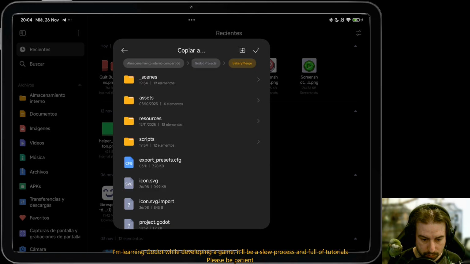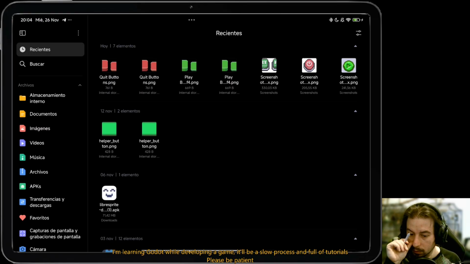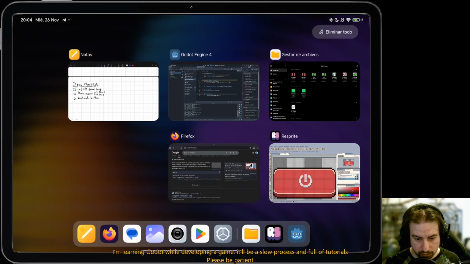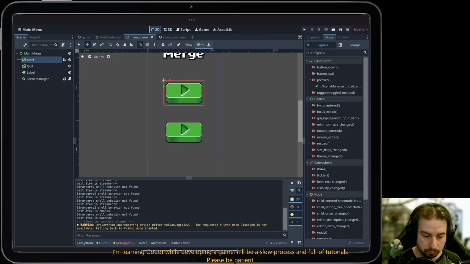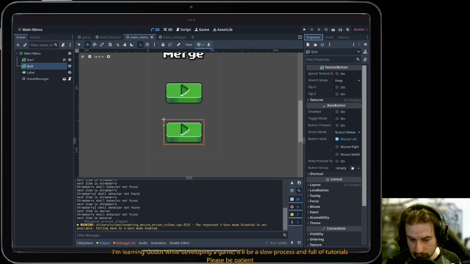Quickly merge assets, texture UI buttons, and we're almost done. So for the quit button, I will have